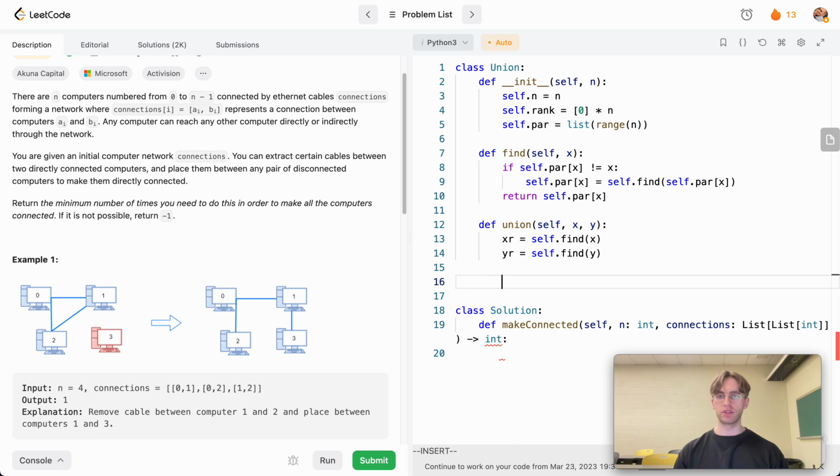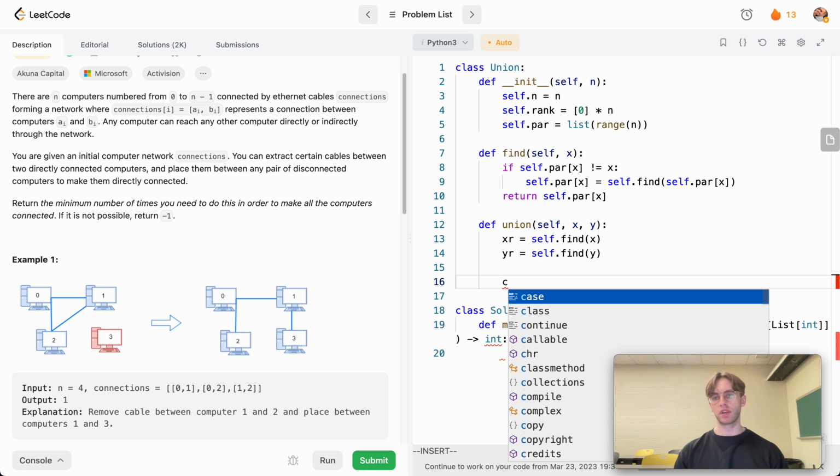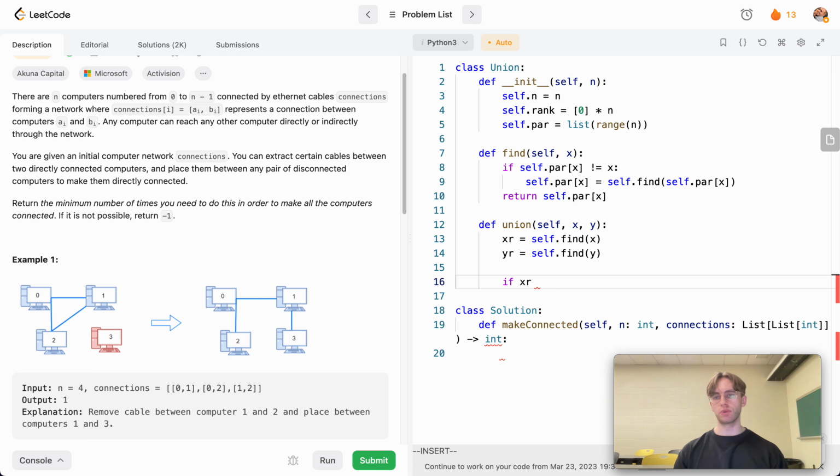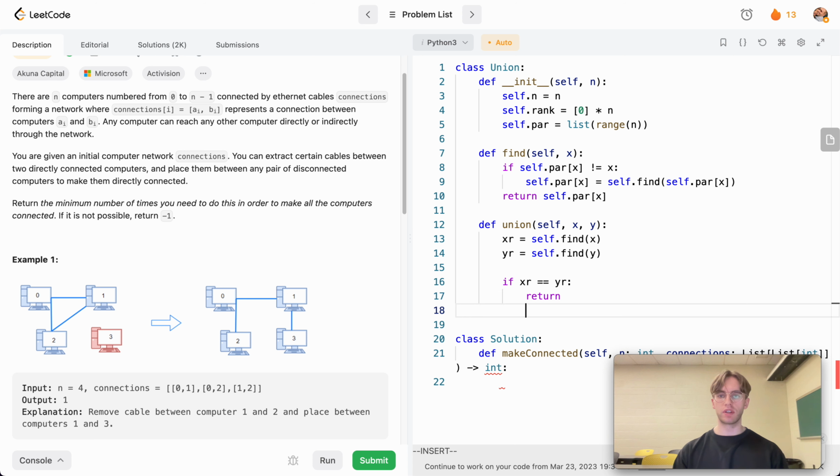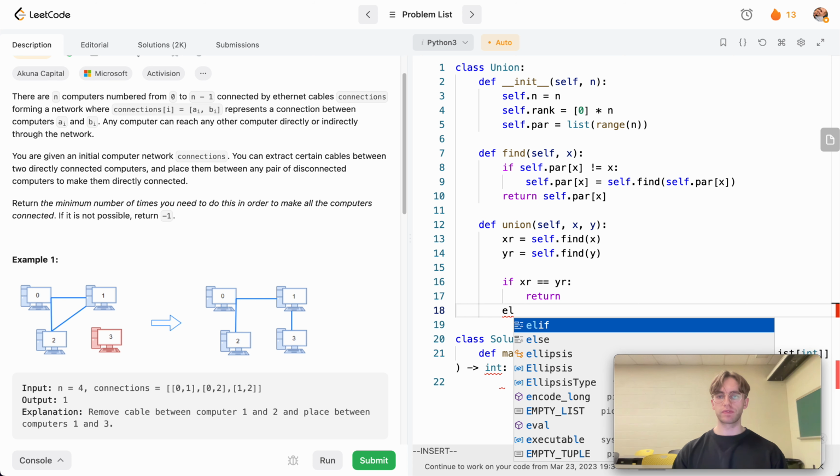Great, and so next we say, if our x root is equal to our y root, then we just return, because we don't have to union them together. If those 2 nodes both have the same root, then naturally they're already connected. Otherwise,